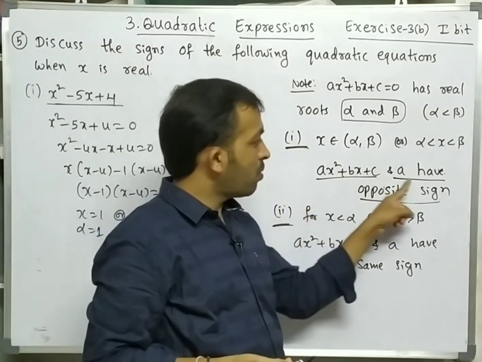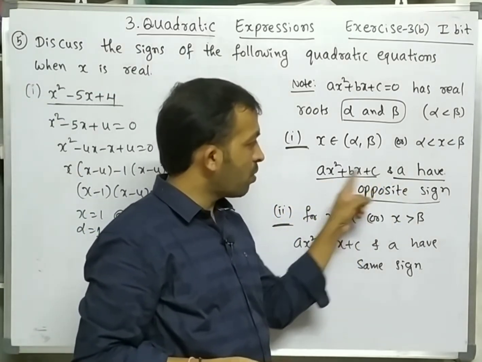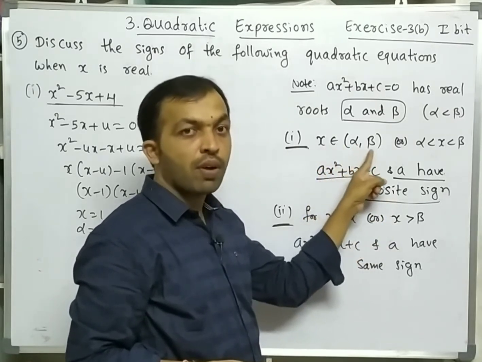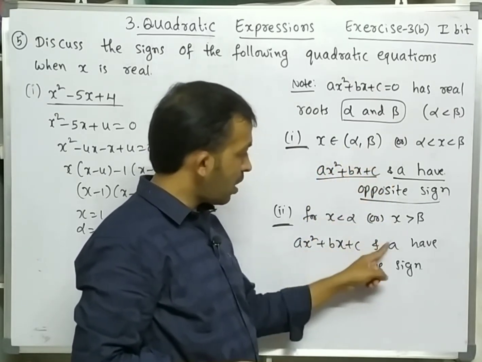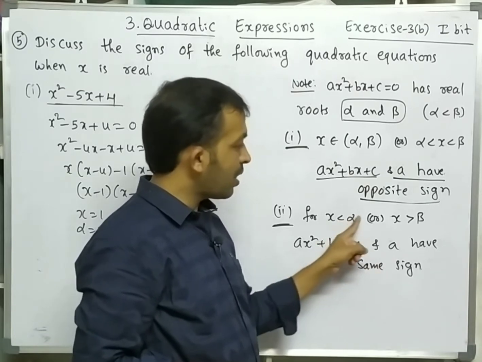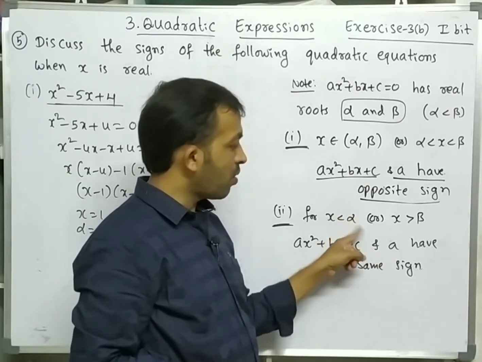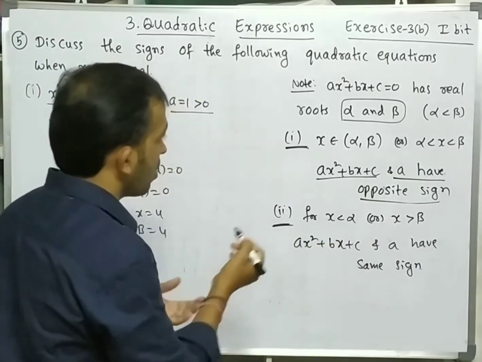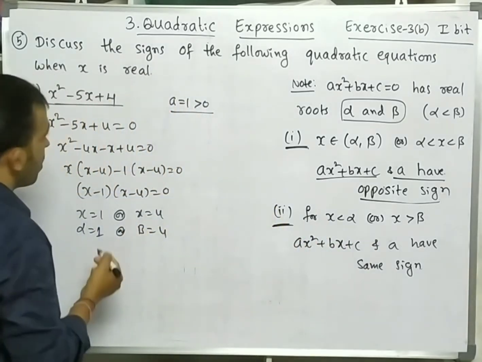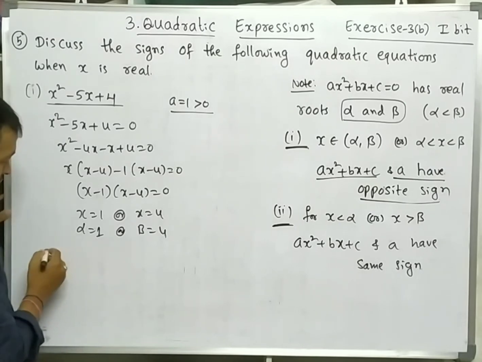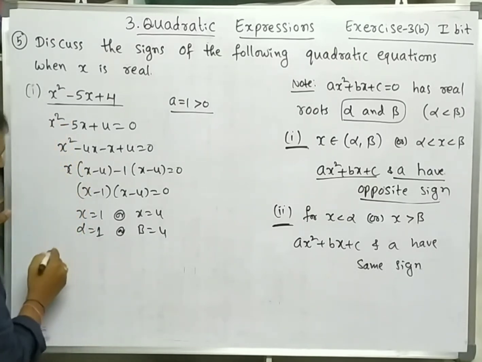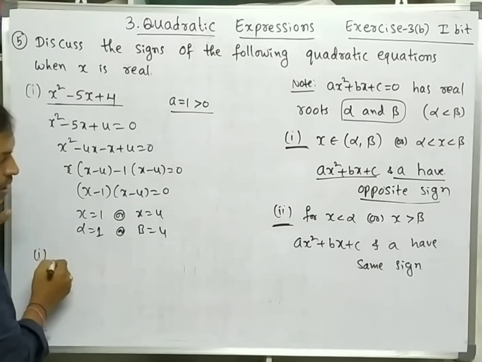If both are having opposite sign, then x lies between alpha and beta. If both are having same sign, x does not lie between alpha and beta. So for that we have to write, for some values of the quadratic equation when x is real, right? So first case,